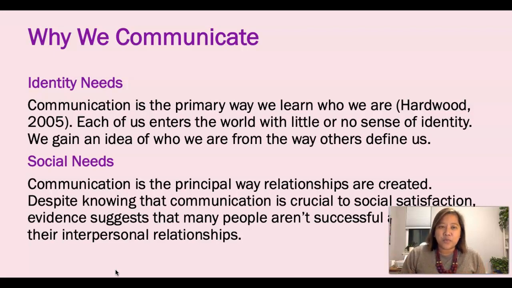So definitely we understand that even though communication is important in so many different aspects of our life, and it's part of us as human beings, unfortunately, when it comes to interpersonal communication, there are full of challenges. So I hope you kind of understand why it is important to learn more how to become a much better